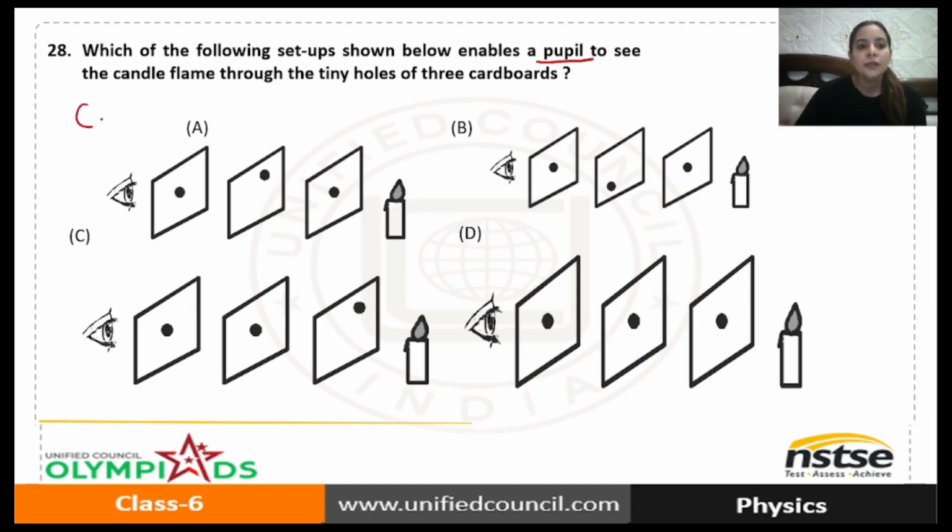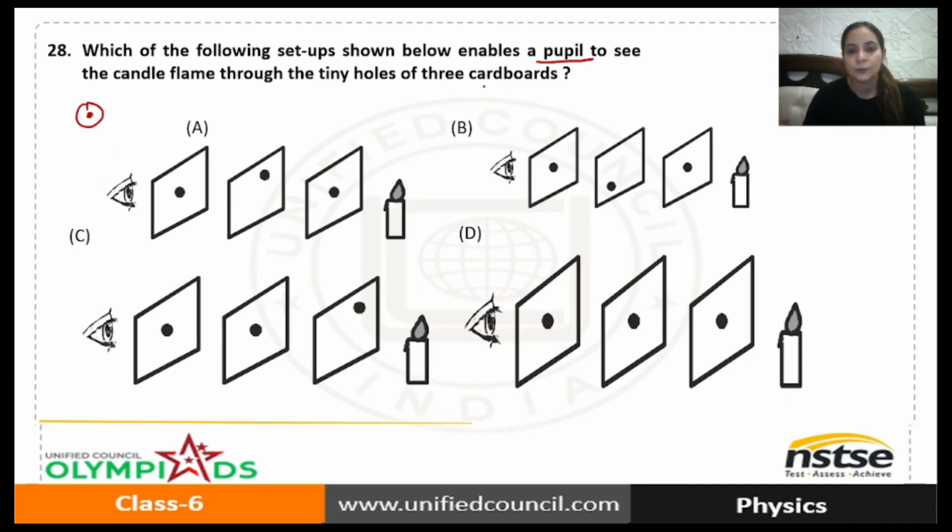Pupil is actually a dark colored black body which is present in your colored area. Like you have a colored area, that is your iris, and inside it there is a black body around. That is pupil. So here we need to tell which setup enables a pupil to see a candle flame